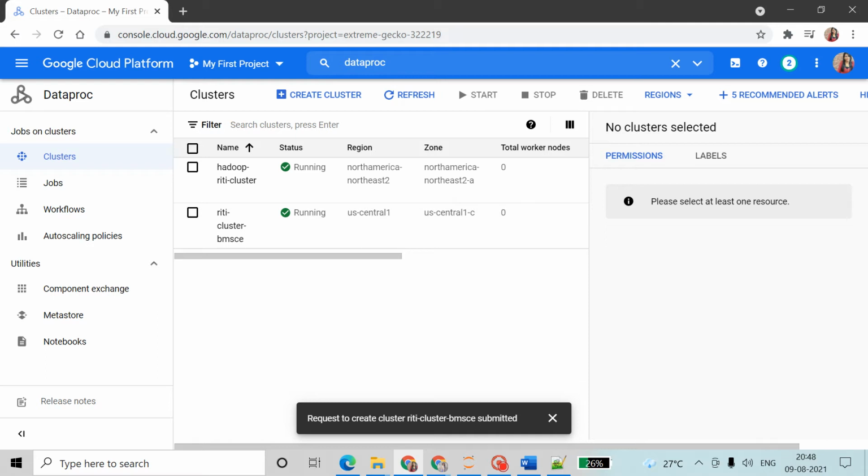Congratulations. Now we created one cluster, and I told you it takes 90 seconds, but it took, I guess, 2 minutes. So that's fine. One or two minutes extra is fine compared to installing on your system and doing it in the cloud. It's too fast actually. So now we will use our cluster. How do we go through that? First we will click on Reti cluster BMSC.